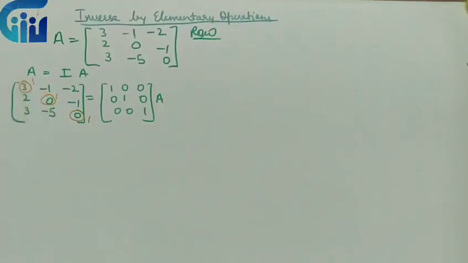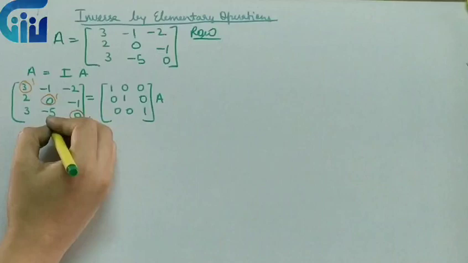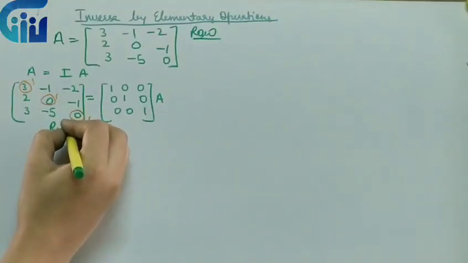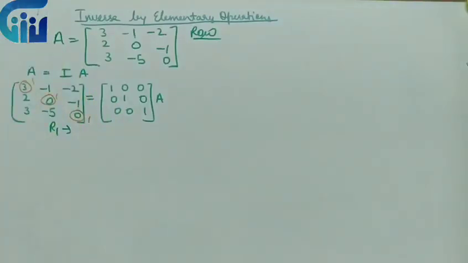Now, to make this 1, over here again we have two methods. One is if I divide it by 3, and the other method is if I subtract 2 from it. So both the methods are applicable. So first step is either to divide or to subtract. So if we have already done the divide procedure, so I'll subtract now. So first step, you can either write R1 again. Now how we will proceed, let me tell you.